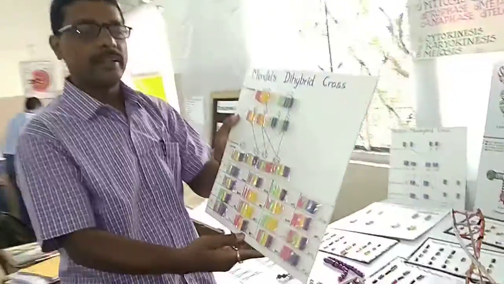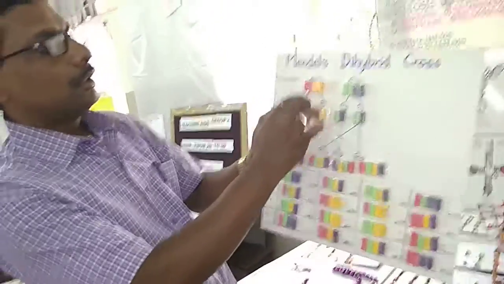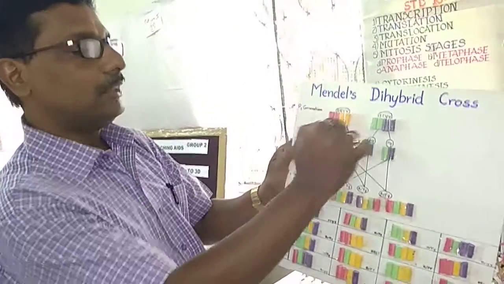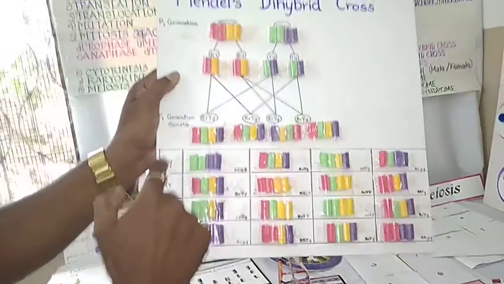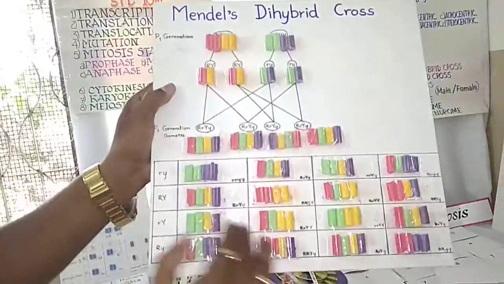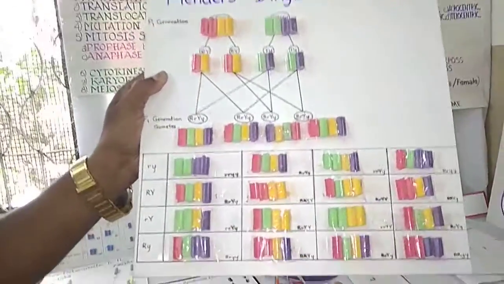Another concept is called the Mendel dihybrid cross, where two characters are taken together. That's capital R, one character, capital Y, another. These both are the dominant characters and these are the recessive characters. Only one is going to be transferred next. And look at these different combinations, and you can identify which is the phenotype ratio and genotype ratio.